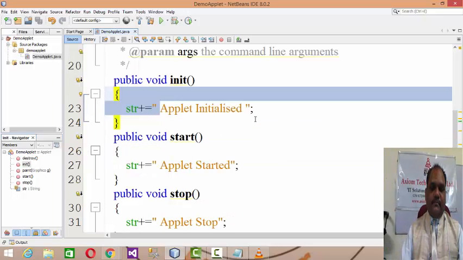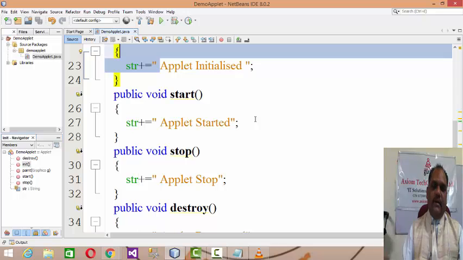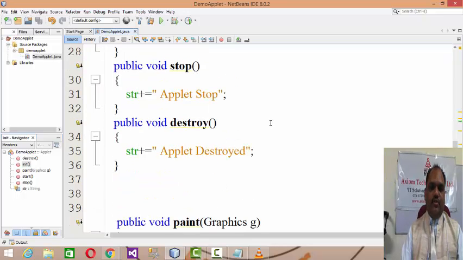If you run the applet window again, then by default it will start like init. It's like a loop: the initial statements or the initialization statement will be started, and then you get the termination and increment. In a similar manner, if you give a call first to the init, then start and stop will continuously get called, and once you close the applet window, it gives a call to the destroy method.